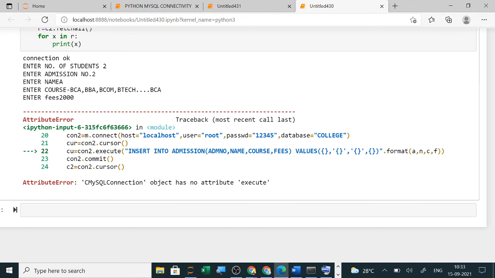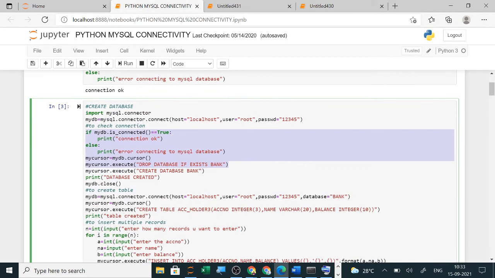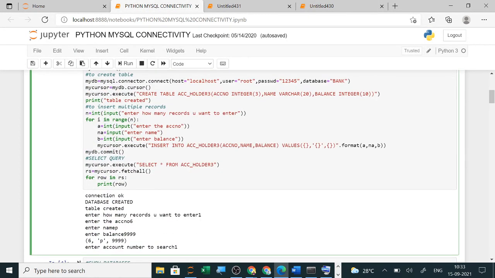Values. Okay, I will check it from there. So what I am doing is, from here I am checking this insert into, why it is showing an error? I am copying it from here and pasting it here.